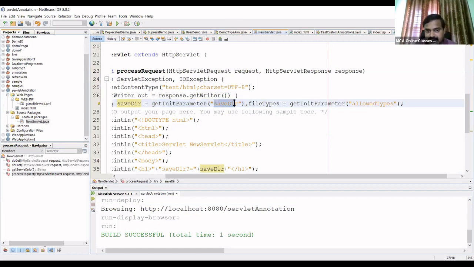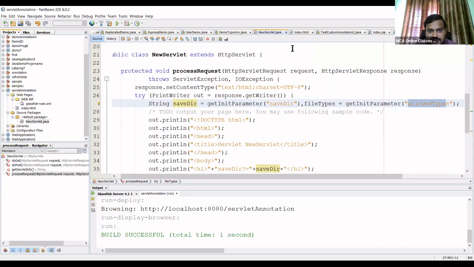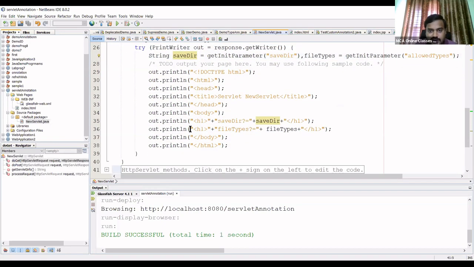See, the name I am retrieving here is saveDir, and one more parameter I am going to retrieve here, allowTypes, and I am going to save it in the fileTypes variable, and the first parameter will be saved in saveDir. Then I am trying to print that saveDir value and fileTypes here, right? See, for example, now I'll run this program.